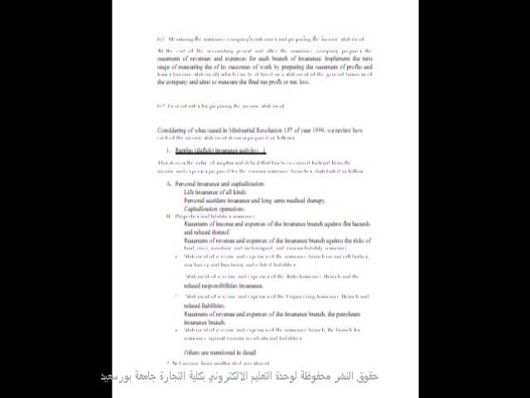This item includes the surplus or the deficit that has been carried forward from the income and expenses prepared by various branches. The first branch to be included is the personal insurance and capitalization and its subcategories, like life insurance of all kinds, personal accident insurance, and long-term medical capitalization operation.